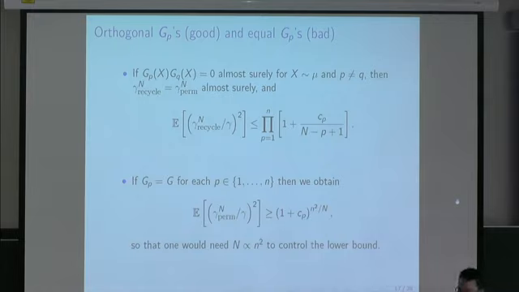And you can also see that in some cases you're not going to achieve fantastic scaling. In particular, in the case where all of these G's are the same, so G1, G2, and so on are all equal to some G, then you can see that not just for this recycled estimator, in fact, even if you could compute the permanent, the second moment is greater than or equal to 1 plus Cp to the n squared, or 1 plus C1, whatever you like, to the n squared over capital N. So clearly you need to take capital N being order n squared to stabilize that.